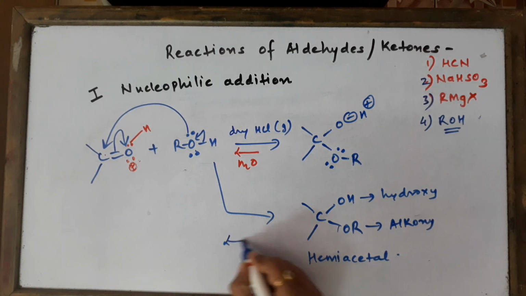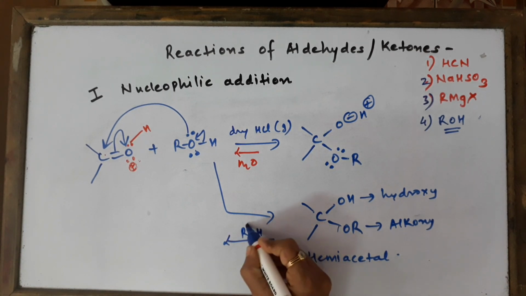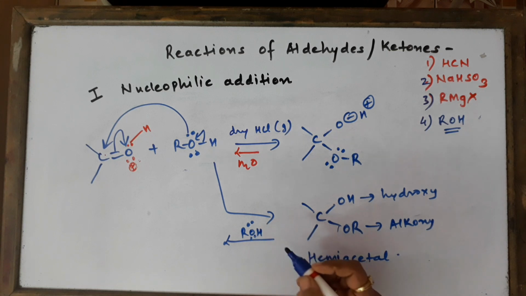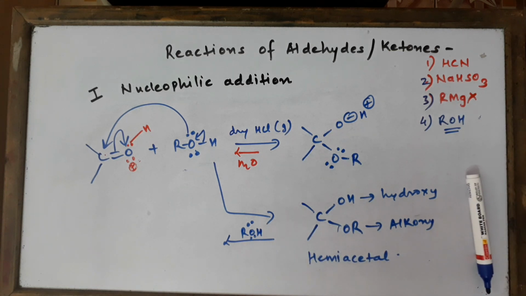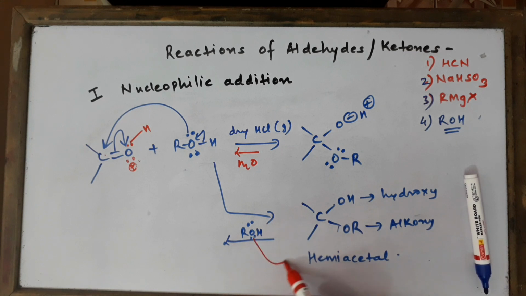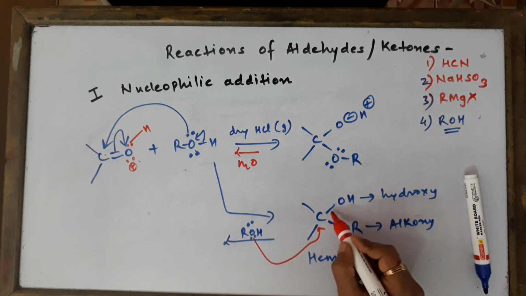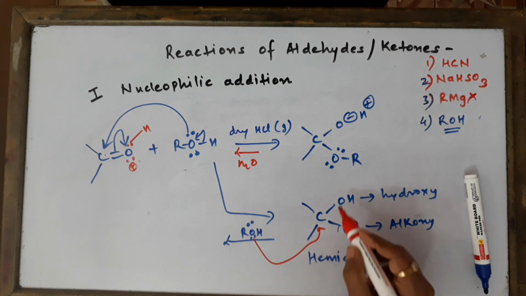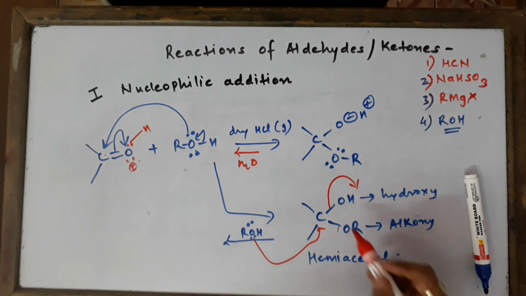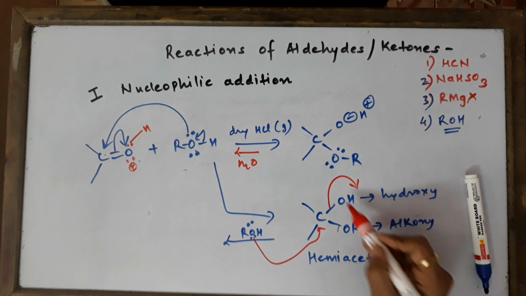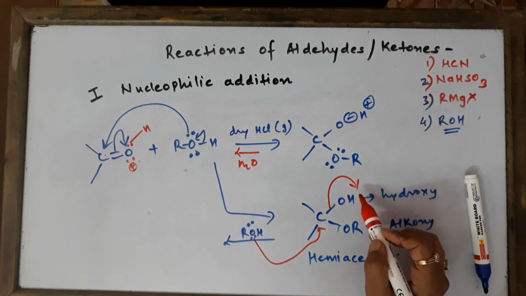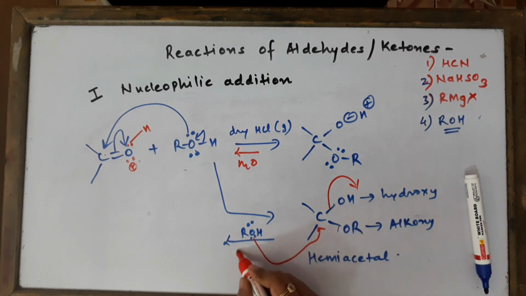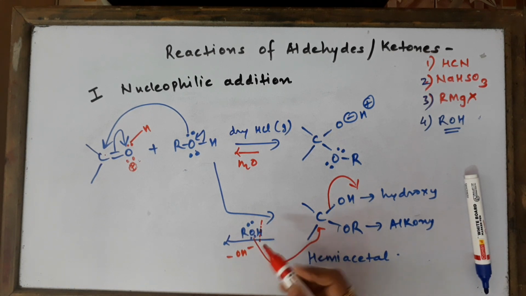I am going to now add the second molecule of alcohol like this. Look at this. I am going to add a second molecule of alcohol to the hemiacetal. The same way, you're going to show the attack taking place on the carbon, because carbon is attached to oxygen and oxygen. So the moment attack takes place, the best leaving group we can see here is, we cannot really remove OR minus, okay? The best is OH minus going out. When this happens, the OH minus comes out from there, and from alcohol, H plus is coming out. So what is the byproduct eventually? Water is the byproduct, we will see here, okay?